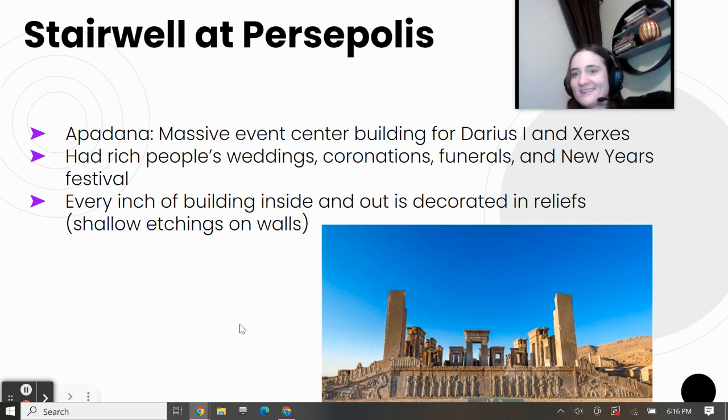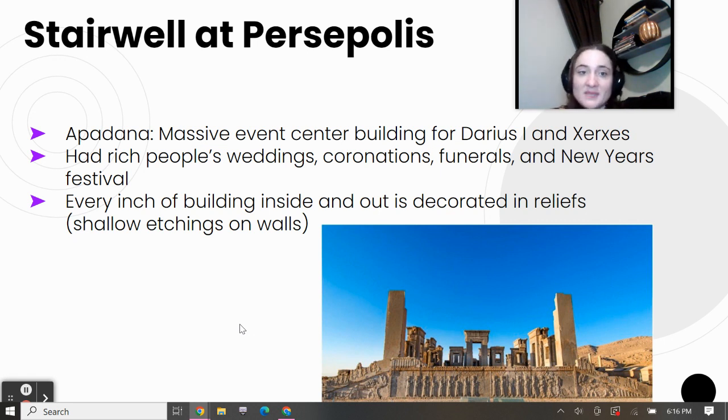I guess it would be the equivalent of like the Minneapolis Convention Center or something like that. That was the place to have parties. It was the place to have other events, like diplomatic events. It was really an important area. It had rich people's weddings, coronations, funerals, and New Year's festivals.